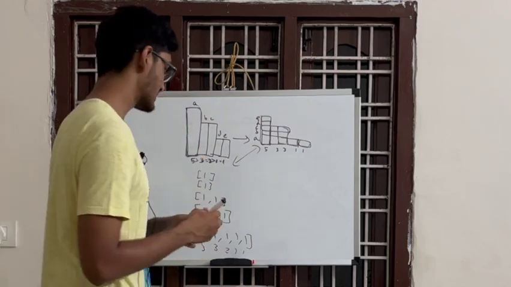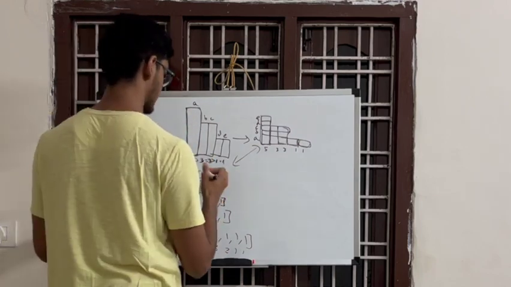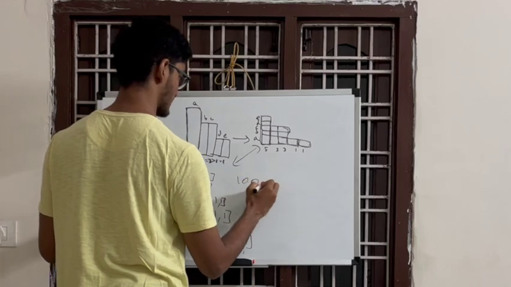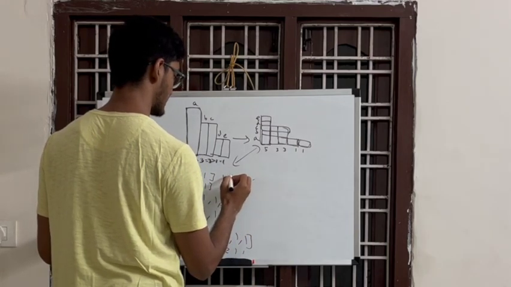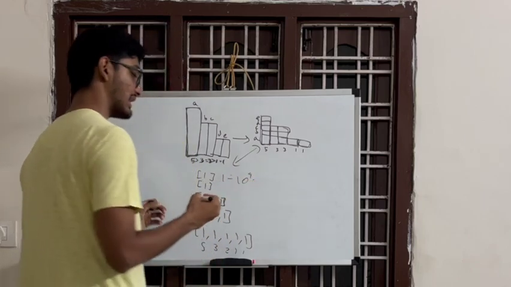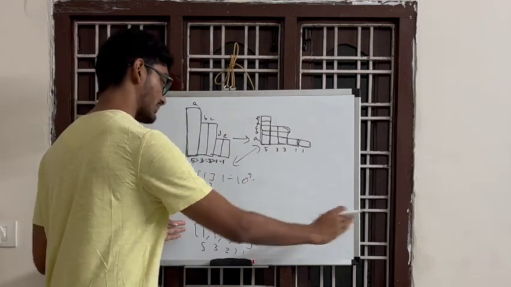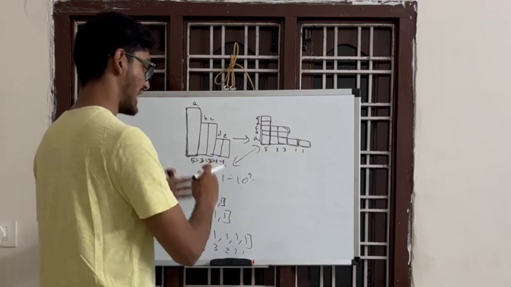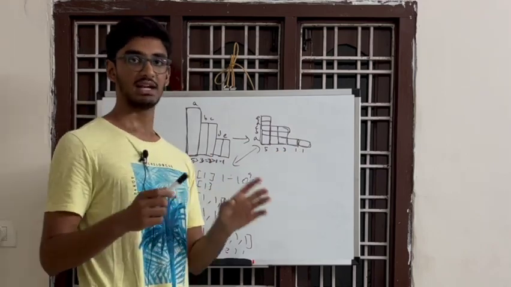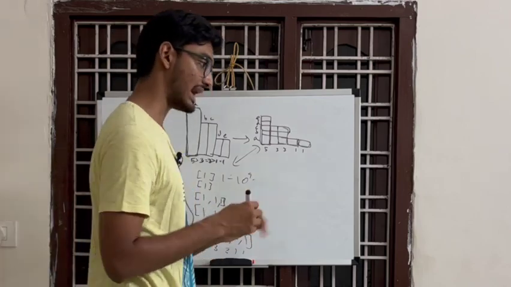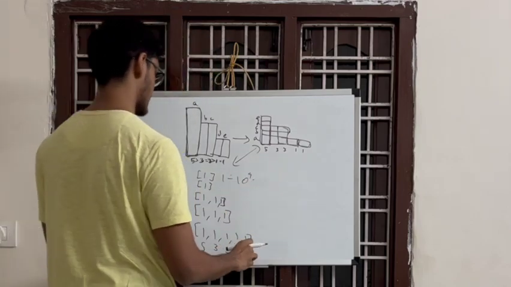The problem is, the number is really big, like if instead of 5 it's 10,000. In the question it's given that the values can range from 1 to 10 power 9. So if the value is 10 power 9, you have to break it down to 10 power 9 ones. We would add each and every one of them to check, which will most definitely give you a time limit exceeded error. So in order to actually solve this thing efficiently,